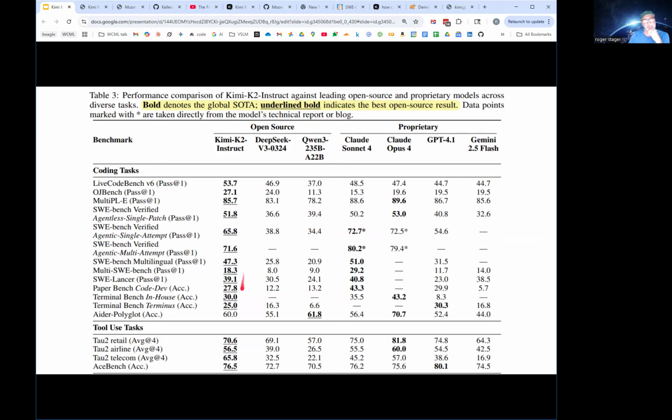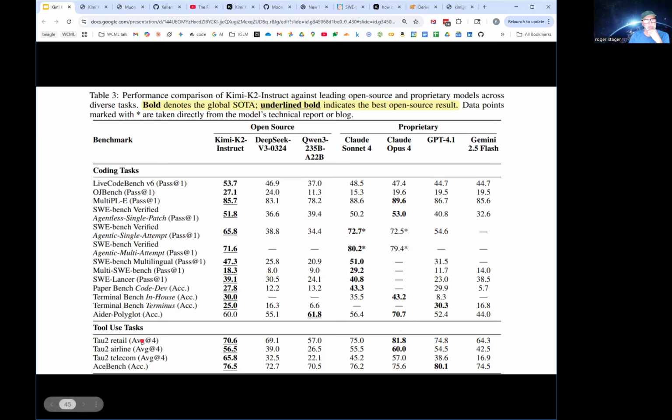So a lot of these, you can see that, okay, it's got leadership in the open source space, but we're still falling behind, some to different degrees. Here's one, 29 to 18. So some places it's falling substantially behind the closed systems.